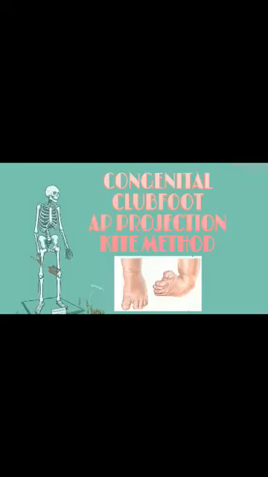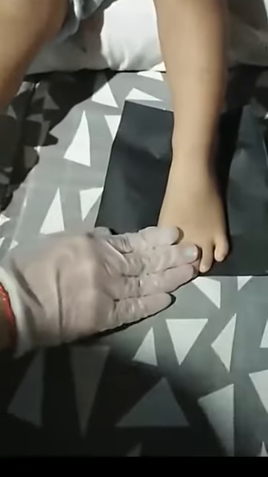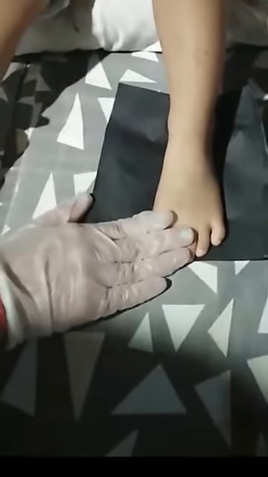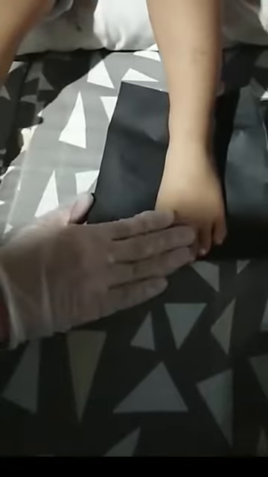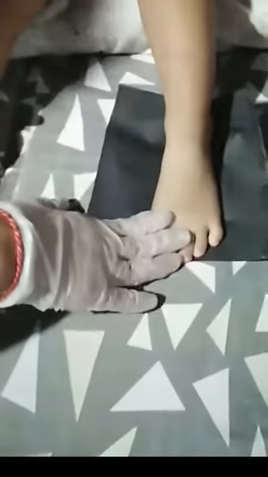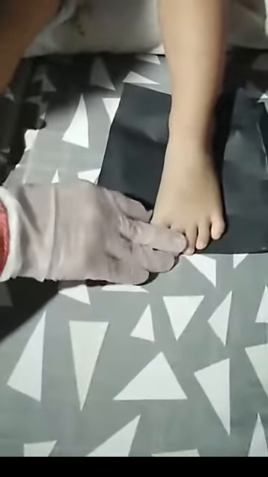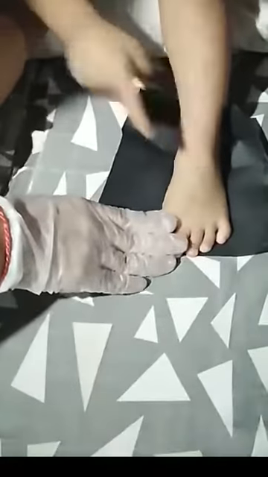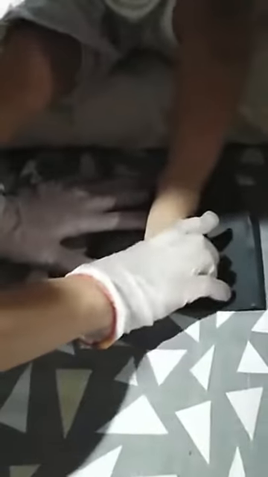Position of the patient: place the infant in the supine position, with the hips and knees flexed to permit the foot to rest flat on the IR. Elevate the body on firm pillows to knee height to simplify gonad shielding and leg adjustment. Rest the feet flat on the IR with the ankles extended slightly to prevent